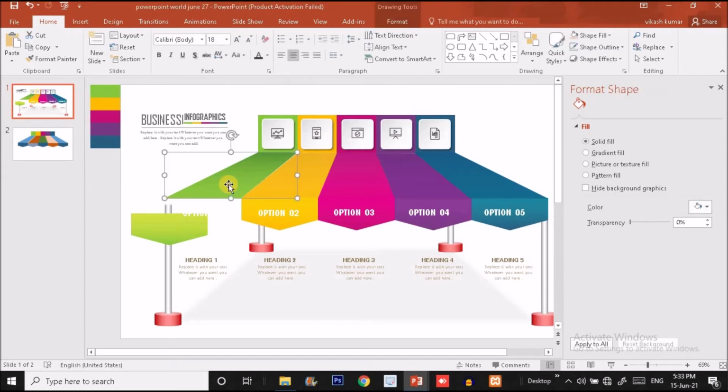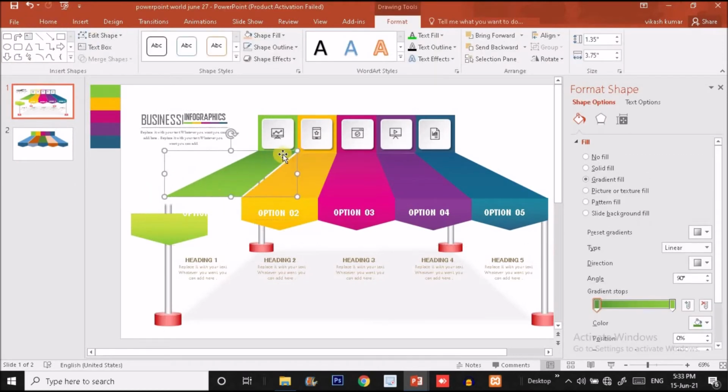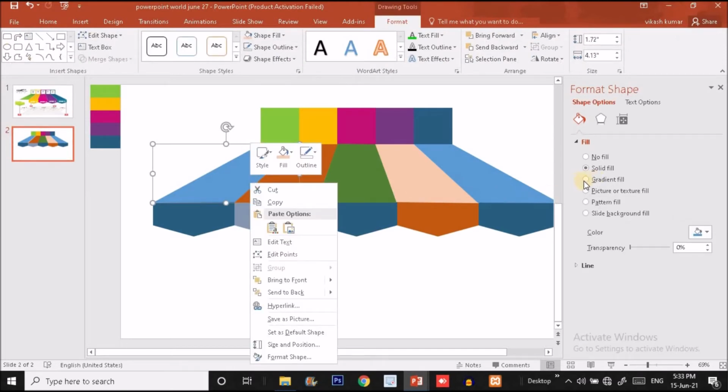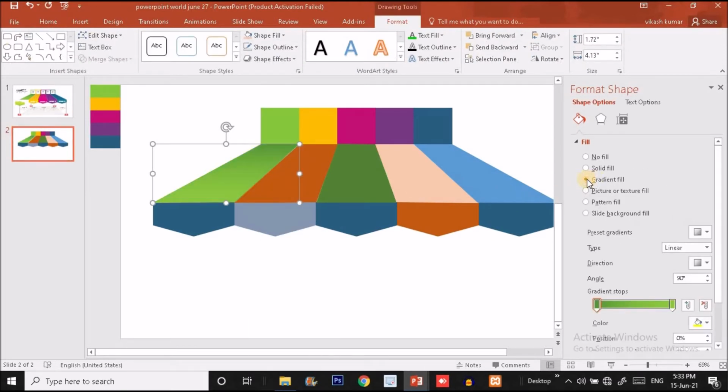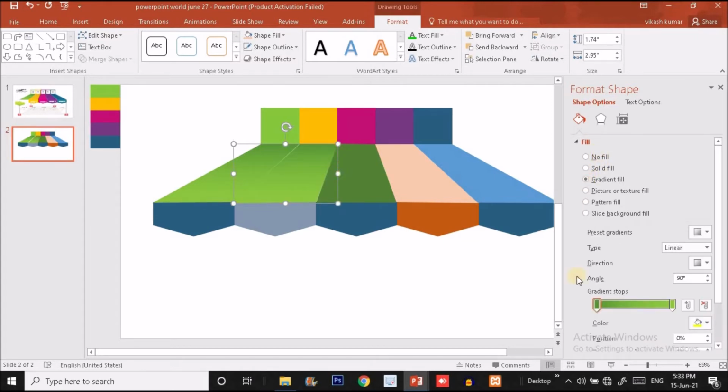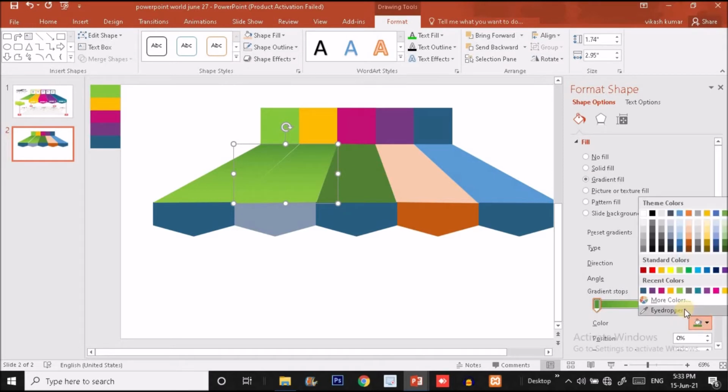Now I will start filling these shapes with the gradient fill. As you can see, at the top I will choose the darker color, and at the bottom I will choose some lighter color, guys. So to do that, I will select this shape, right click over here, or you can see here gradient fill. You just have to choose the gradient fill. For this shape I again choose the gradient fill, but this time we have to change the gradient.